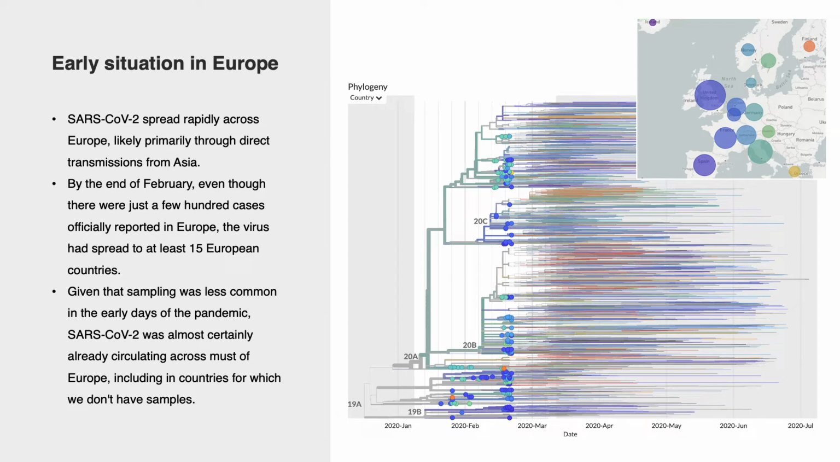SARS-CoV-2 spread rapidly across Europe, likely primarily through direct transmission from Asia. By the end of February, even though there were just a few hundred cases officially reported in Europe, the virus had spread to at least 15 European countries. Given that sampling was less common in the early days of the pandemic, SARS-CoV-2 was almost certainly already circulating across